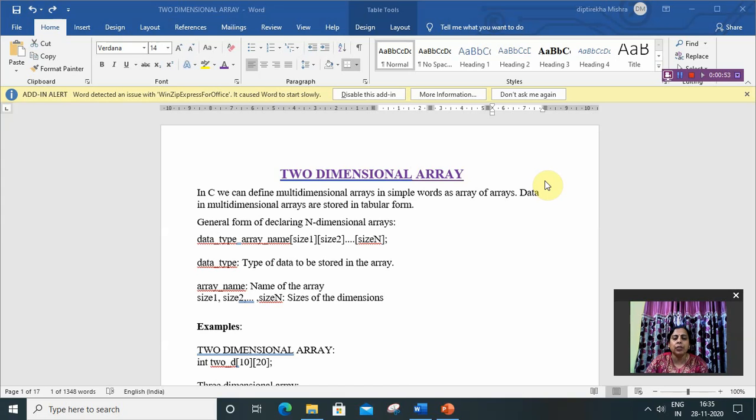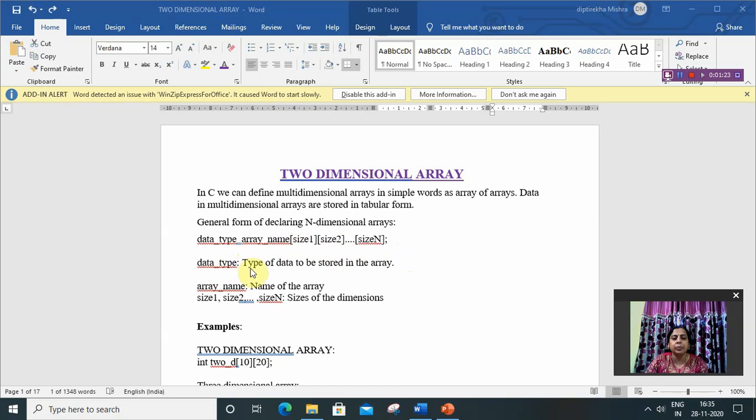The general form of declaring an n-dimensional array is: data type, then array name, then size1, size2, up to sizen. If you want to declare a two-dimensional array, you have to specify two values, size1 and size2. And if you want a three-dimensional array, then size1, size2, size3, and so on.